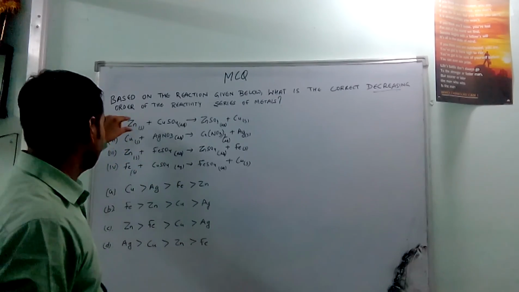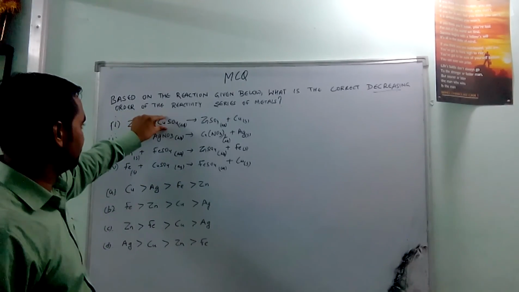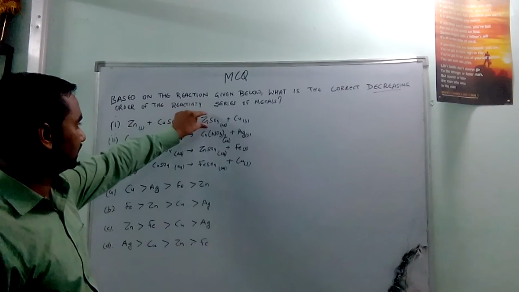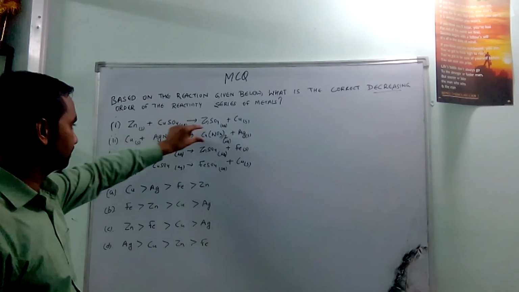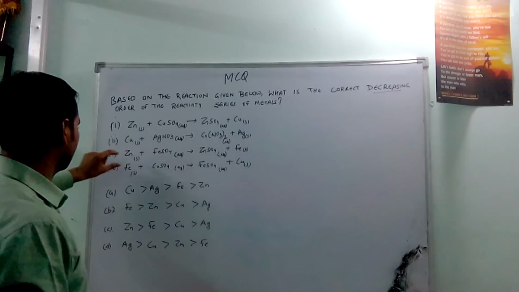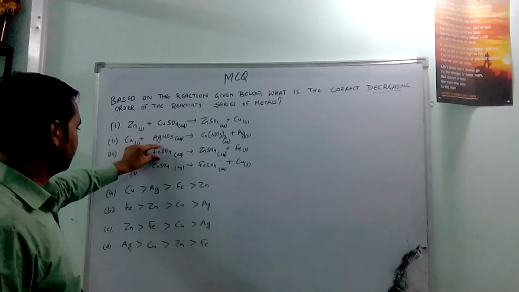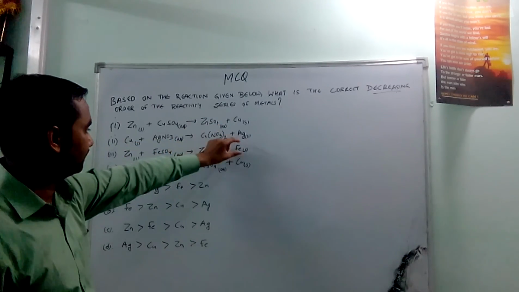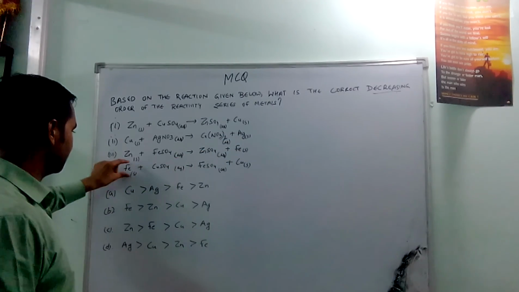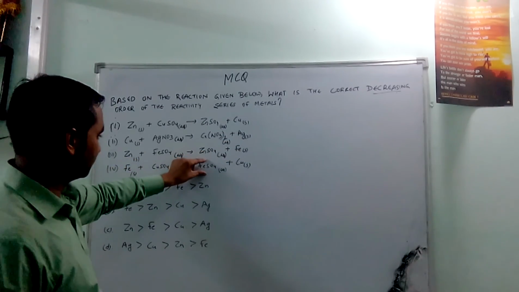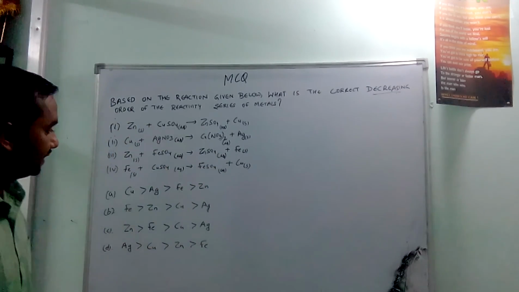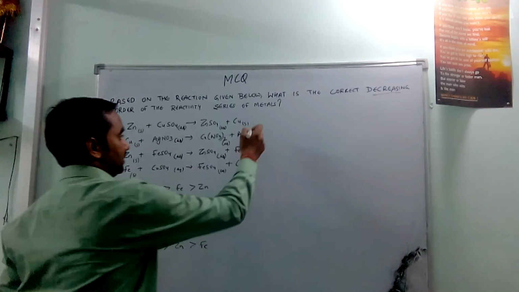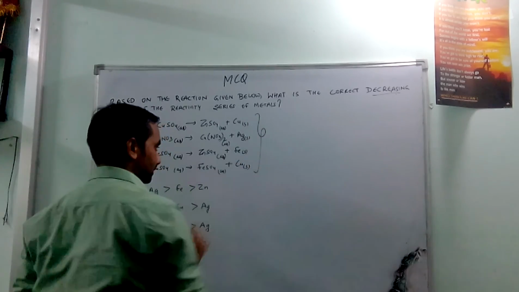The equations are: zinc plus copper sulfate produces zinc sulfate plus copper. Copper plus silver nitrate produces copper nitrate and silver. Zinc plus ferrous sulfate produces zinc sulfate and iron. Iron plus copper sulfate produces iron sulfate plus copper. So these are the four reactions, and if I ask you, as we studied earlier, which type of reactions are